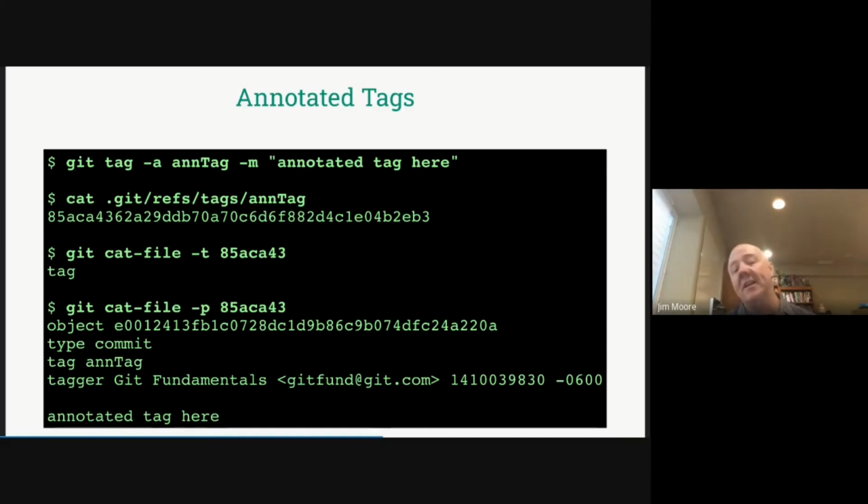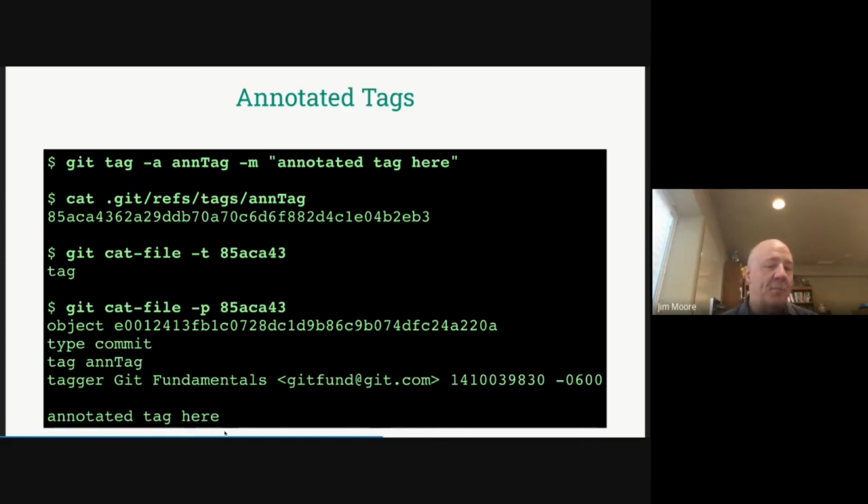What's particularly nice about this, as opposed to a lightweight tag, is it's then actually a part of the repository itself. It's not just a text pointer. It's part of the repository, and so it gets tracked as such. It receives its own hash value. As you can see here, it receives its own hash value and everything.